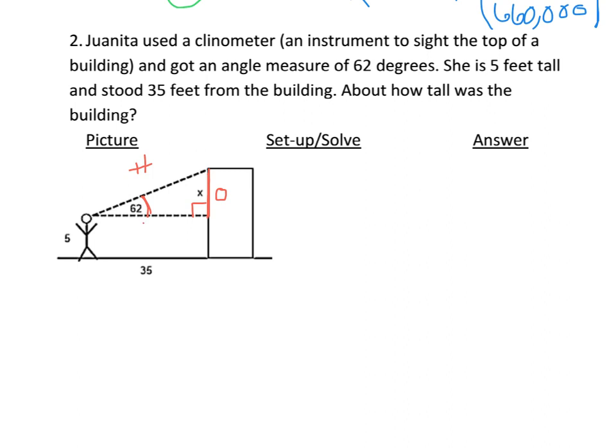The side left over is adjacent, which if you notice, this distance here and this distance here are the same, so this is actually 35 here. So we will use that side. And if we look at our SOHCAHTOA,